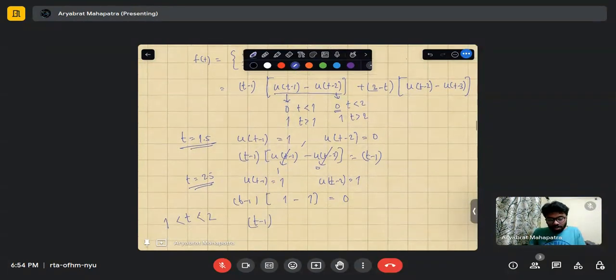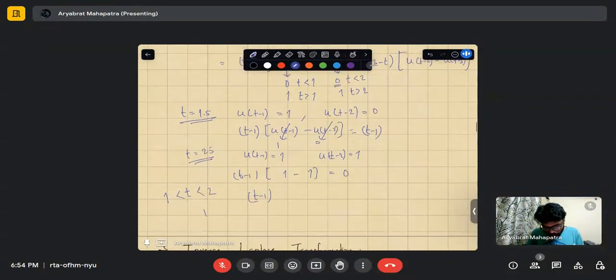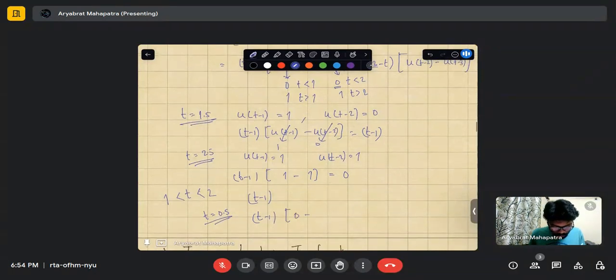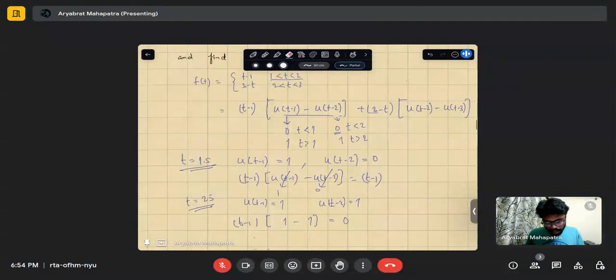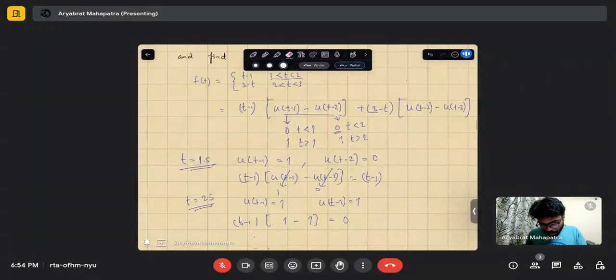If I take t equal to 0.5, there also you will see that the first term t minus 1 will go to 0, like 0 minus 0 is 0. So this way it ensures that when I write my unit step function in this way, it only gives non-zero